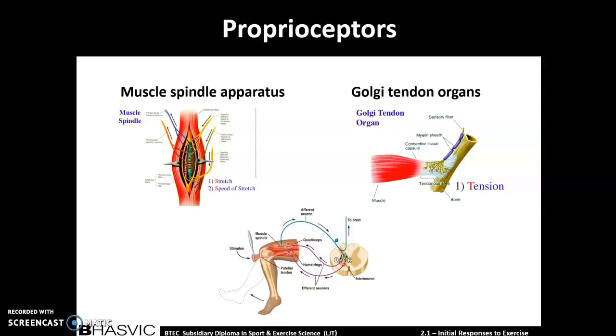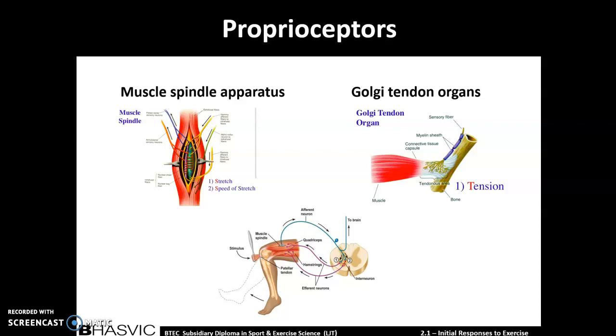And because there's stretch on that muscle and a rapid speed of stretch, although it's not a lot of stretch, the muscle spindle inside the quadricep detects that stretch